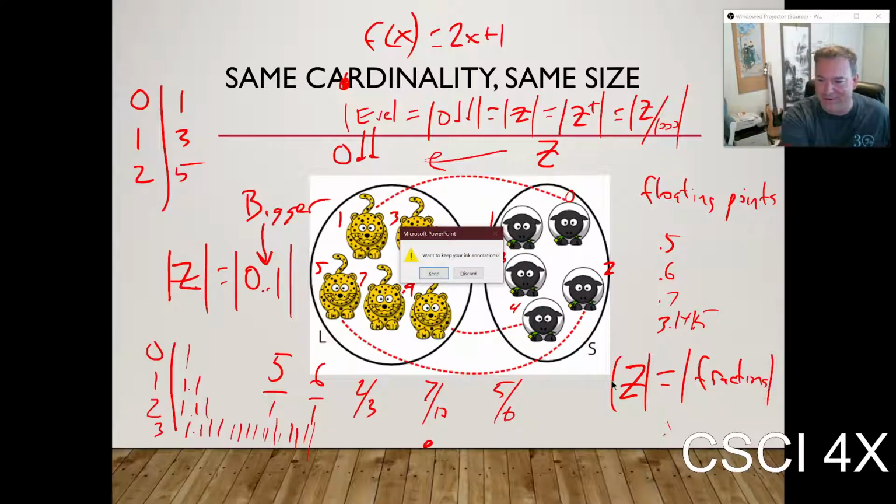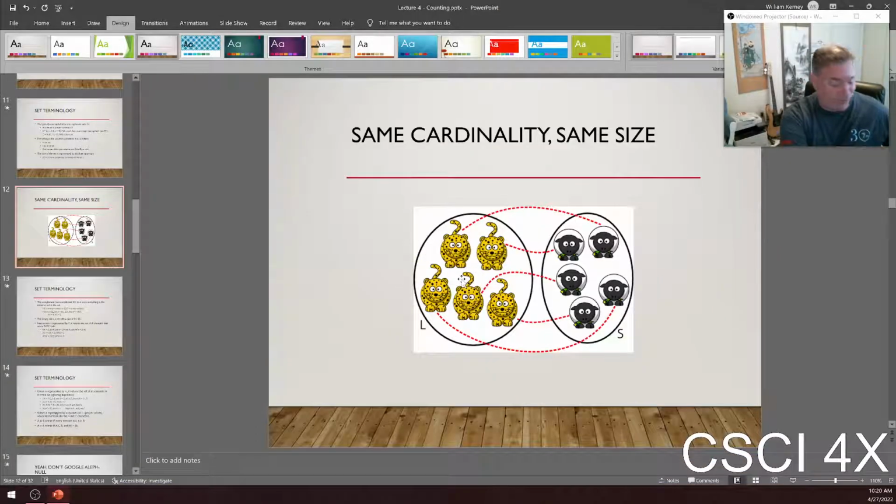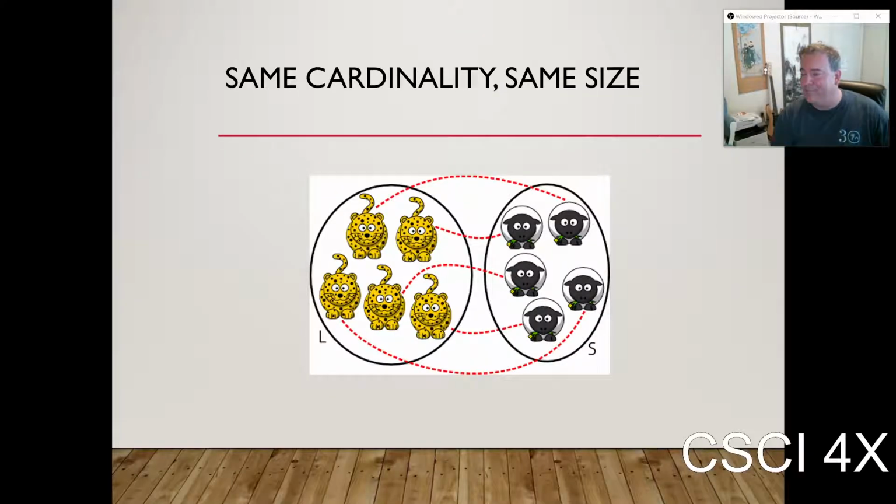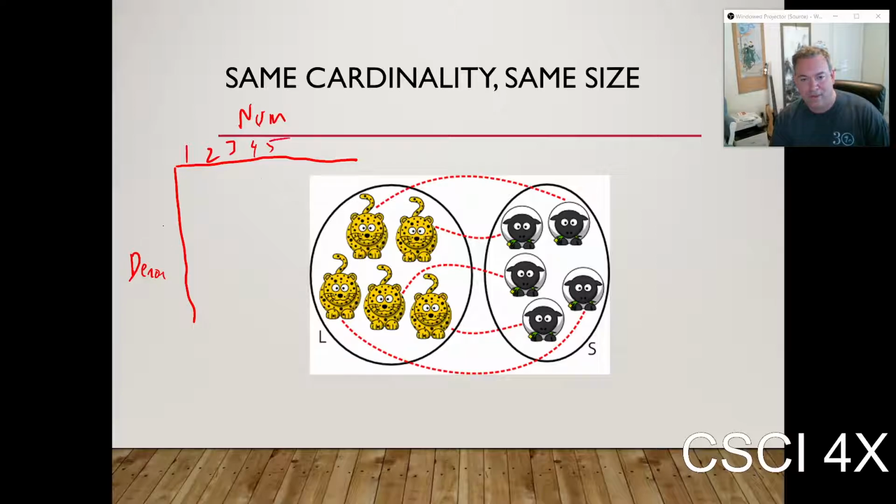And the proof of this is actually one of the more brilliant proofs in math and computer science, technically, which is if you make a table of all fractions, and these are like the numerators, and these are like the denominators, and this is like 1, 2, 3, 4, 5, and this is like 1, 2, 3, 4, 5. This would be like 1, and this is 2 and 3 and 4 and 5, and this is like 1/2 and 2 halves and 3 halves, 4 halves and 5 halves,